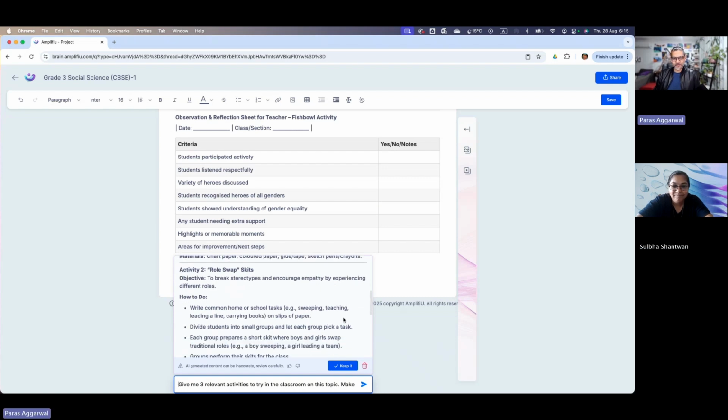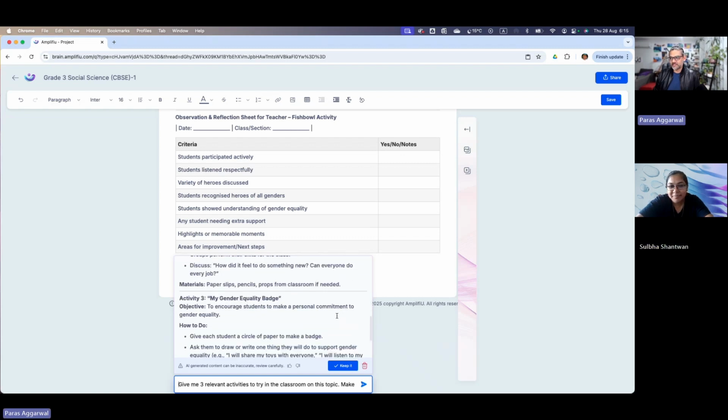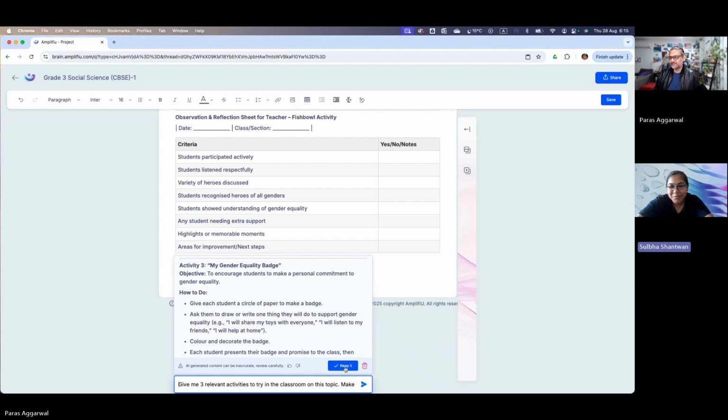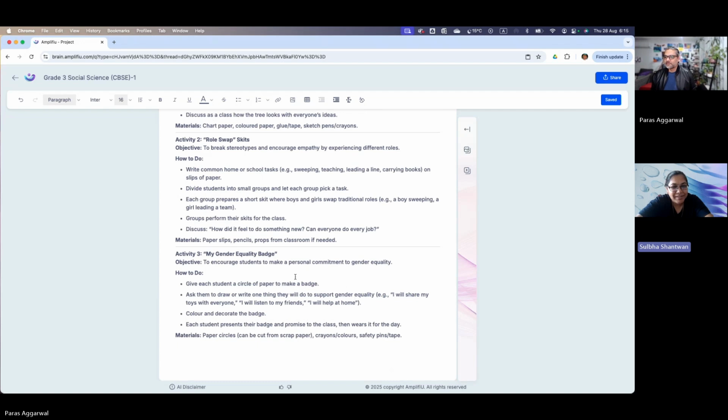That's an interesting one. That's a very interesting one. It's a creative activity. My gender equality badge. I think it's just telling them to create a badge for themselves. Like, wow, that's good. I'm loving it. I think students can make this. I loved the second activity, because there is so much